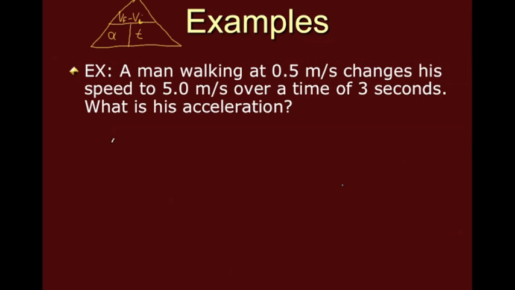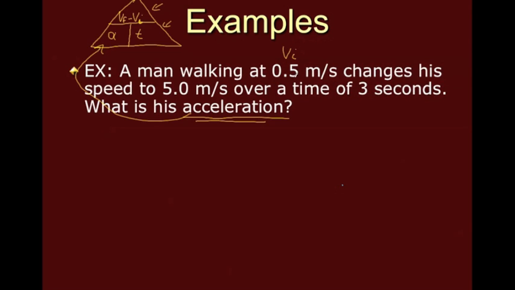So in this example, we have to identify what is the final velocity and what is the initial velocity and what is the time. Or we have to look and see what information they give us. And in this particular example, they say a man walking at 0.5 meters per second changes his speed to 5.0 meters per second over a time of 3 seconds. So, and then they ask you, what is acceleration? So if they're giving you the acceleration, that means they have to have given you the other two parts of the information. So his initial velocity